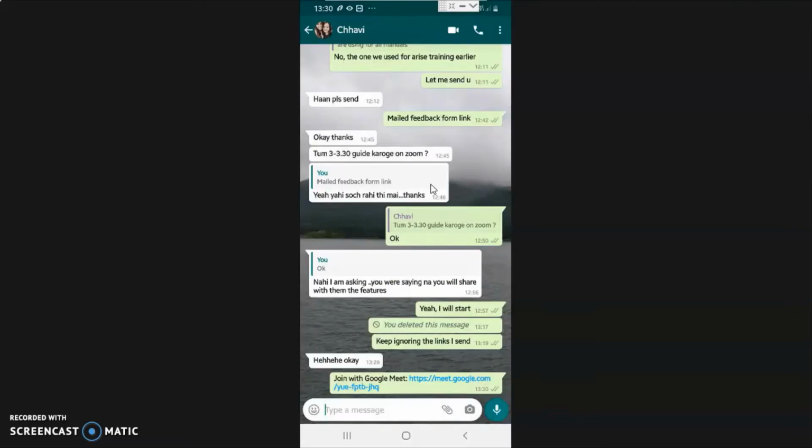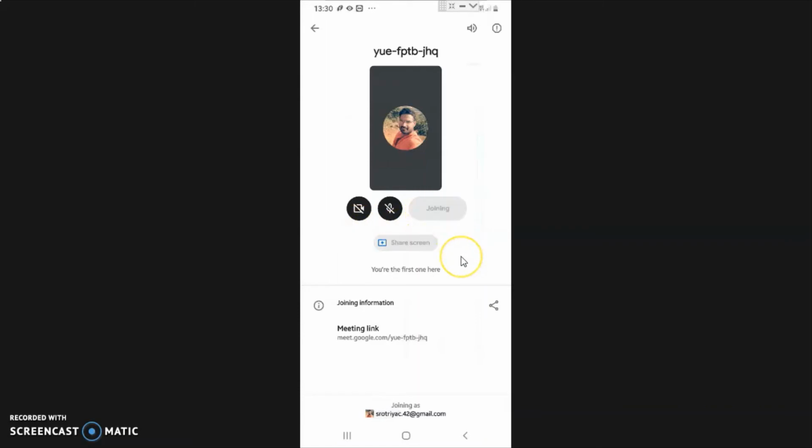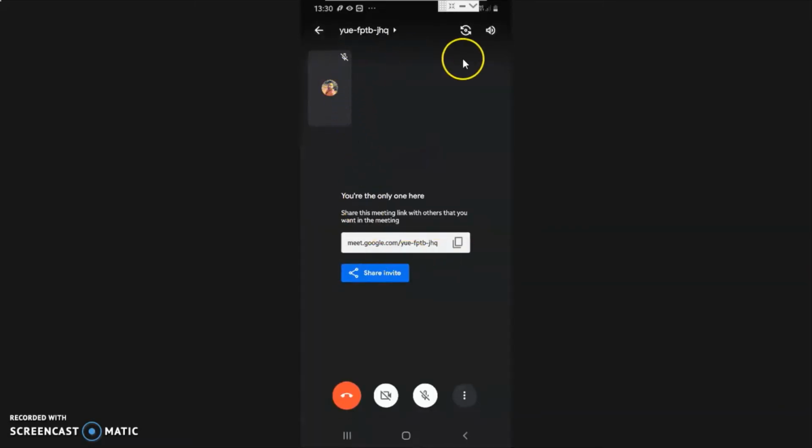Once you select the particular mail ID, your Google Meet app is going to open by itself. If you have not downloaded the Google Meet app, you will first be directed to open it and then this screen will come up. Once the screen comes up, before you click on join, please remember to switch your video off and your audio off. This is a good etiquette while you join a meeting. Once you do this, click on join. Once you click on join, you will enter into the Google Meet platform.